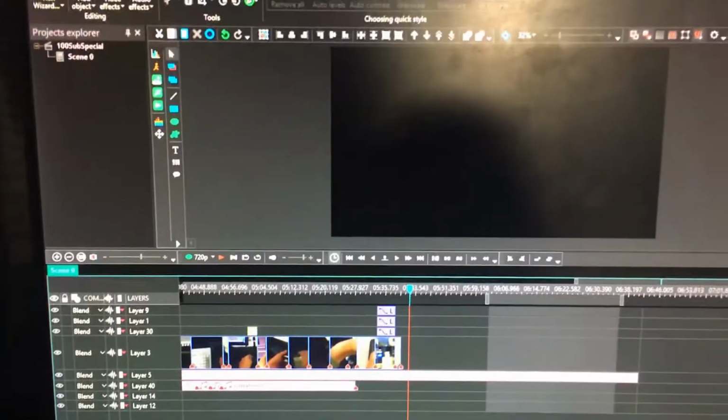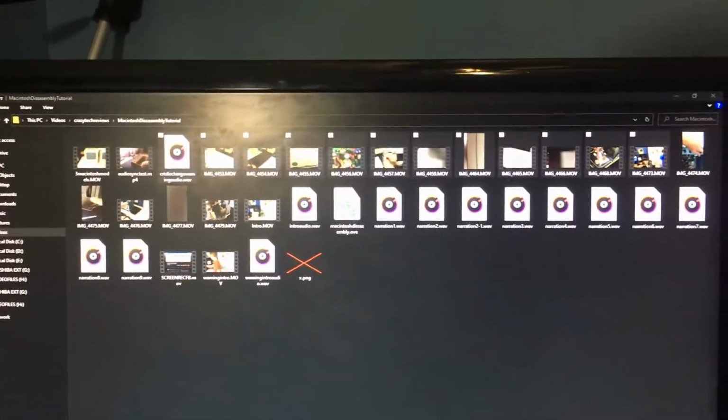As far as my monitors go, I use two of these Asus HDMI 24-inch monitors. I like these a lot, because they are really nice, high-quality monitors, and they're great for video editing. I usually keep my video editor on one and then have like a file explorer or offhand things on this one. So this is the actual PC I do all my editing off of,